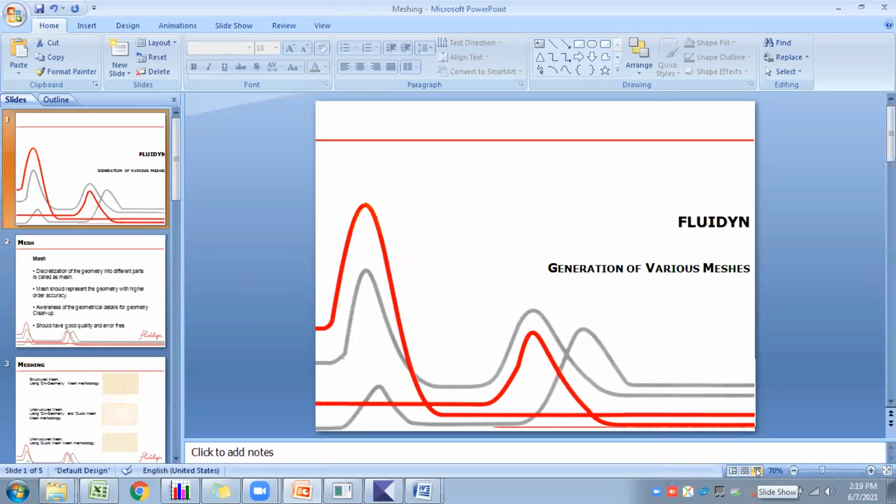So now I'll start with the grid generation, that is the meshing part. This is a small presentation I have for grid generation: what is a grid, how the grid has to be generated, what are the various types of grid, and finally I will show you two geometries for which I'm planning to create a grid in this session.